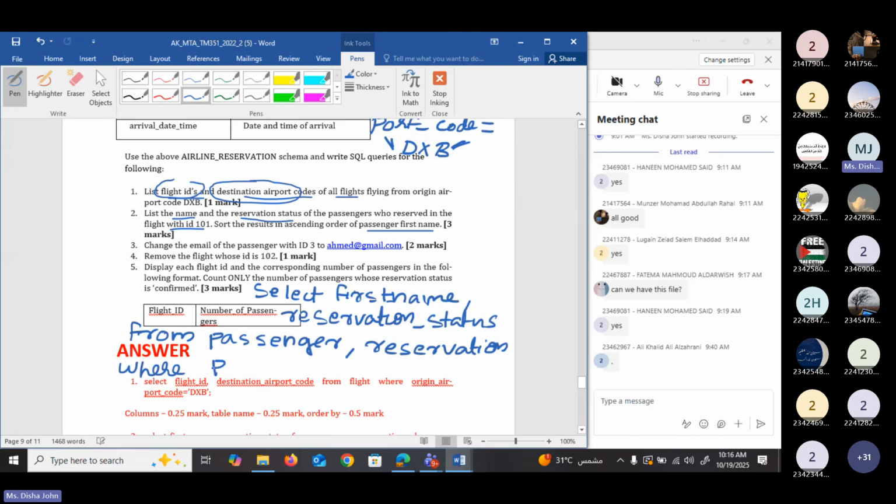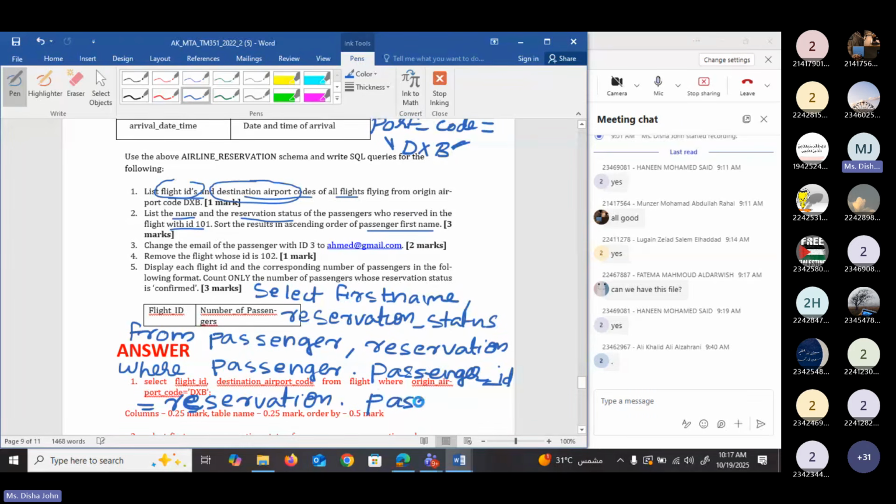So this is how we write the join condition. First you need to write the name of the table, passenger dot passenger underscore ID equals, the next table is reservation. So reservation dot passenger ID.